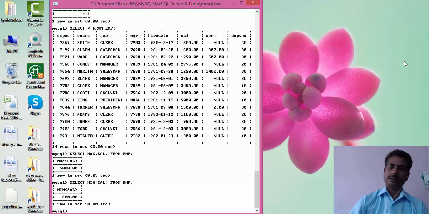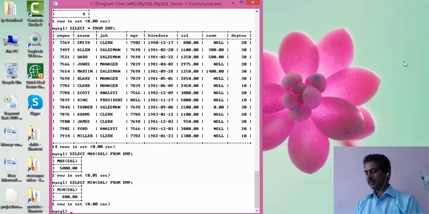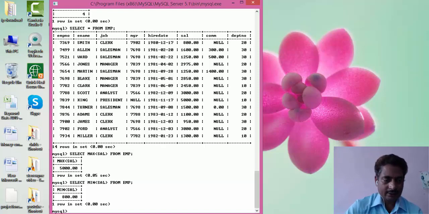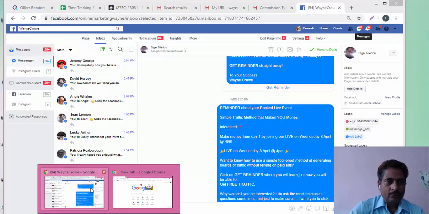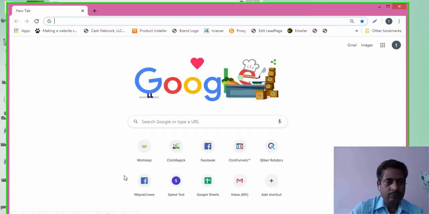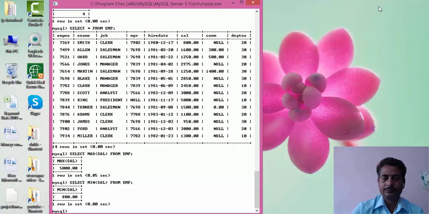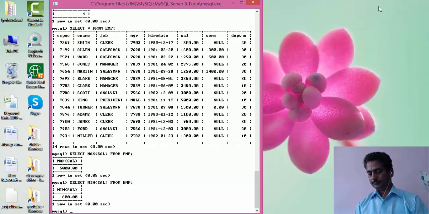So I think the aggregate functions are over now. Let me check that I have not forgotten any functions. Yeah, one is left, that is the average: average, count, max, min, sum.